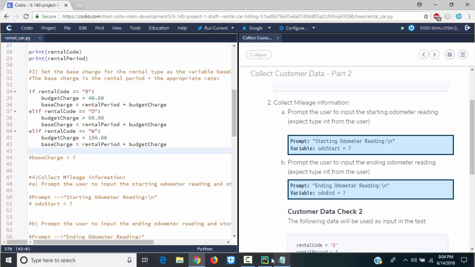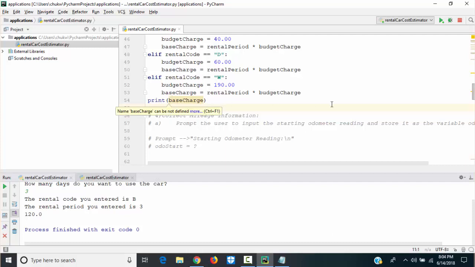Let me go ahead and say the base charge. I just want to do this my own way. The base charge for the rental is another way to do this.